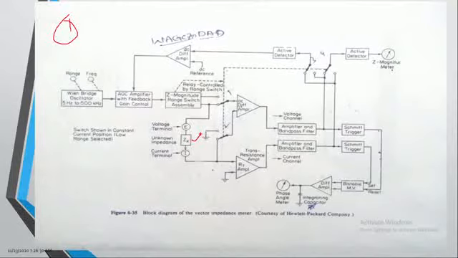But when we are applying the known current which is passing through the unknown element, we are interested to calculate the voltage drop across the element, because we are supposed to calculate the magnitude, that is the impedance of that particular unknown component. So in order to calculate the voltage drop across this particular element, I'm using the AC differential amplifier. This AC differential amplifier is the one which is calculating the voltage drop across this particular component, because it is in